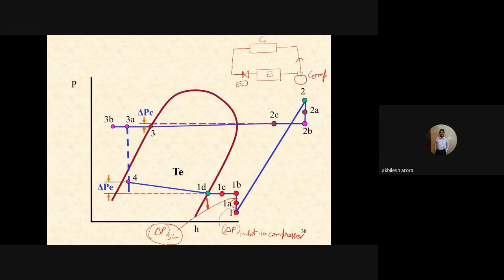Okay, so why is this pressure drop occurring? See, when the refrigerant is entering the compressor, it has to pass through the inlet valve, and when the piston moves downwards, the inlet valve starts opening. So basically it presents a smaller area for the flow of the refrigerant because the valve is only opening. Because there is lesser area, we are trying to pass the refrigerant through it.